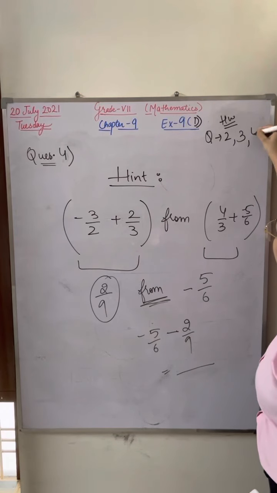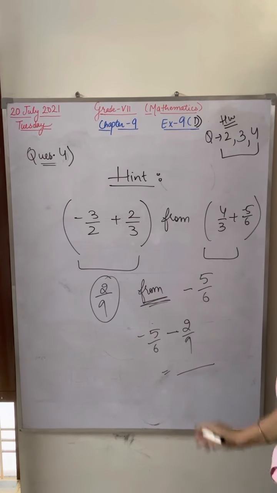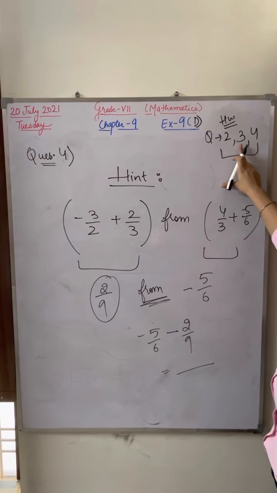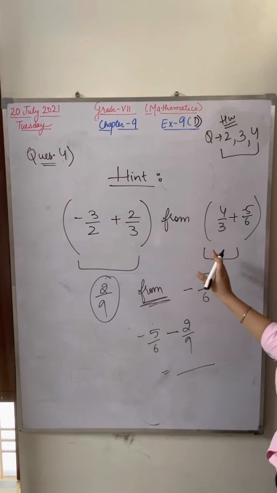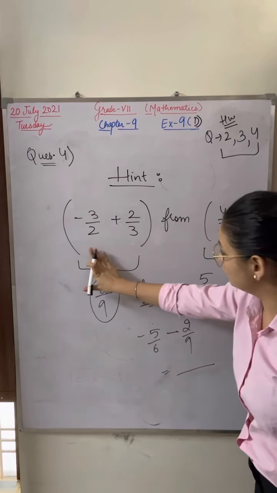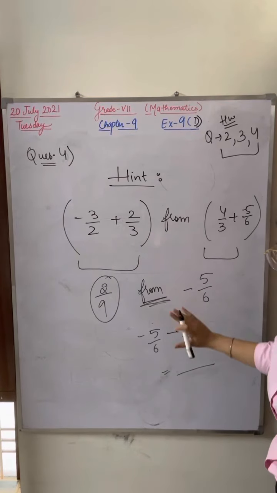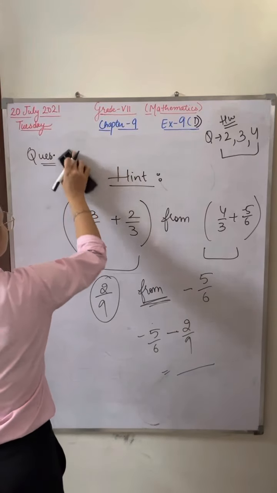So question 4 is your homework. Only these 3 are today's homework: 2, 3 and 4. 2 parts of question 2, 2 parts of question 3 and the 4th question. Mark these three questions quickly in your book. Shraddha, mark these questions. Okay, and are you getting? This question is a bit lengthy, but it is very easy. Okay, solve these two, and then subtract. Right? That's it.